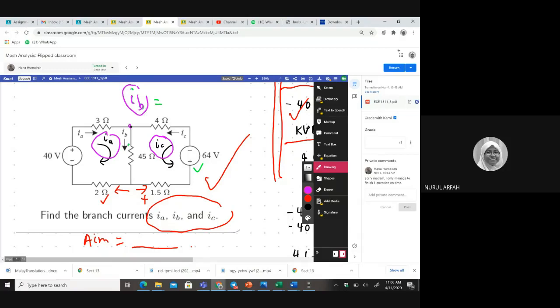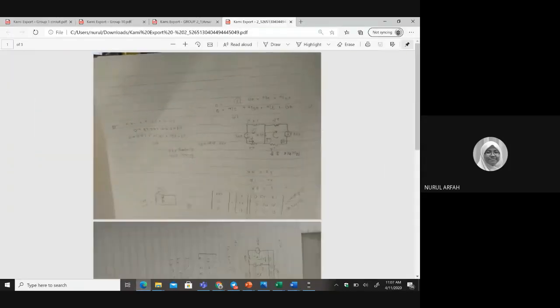So if let's say you apply KCL at this joint, this node, then you know that this is IA and this is IC, right? And this is IB. Since our unknown is IB, so this is IA plus IC. Then you will get the answer. And IA coming from where? Coming from this loop. And IC coming from where? Coming from this loop. So you need to be careful on what you specify and also the polarity of each one. Okay, inshallah. Then let's look at Shafiq.